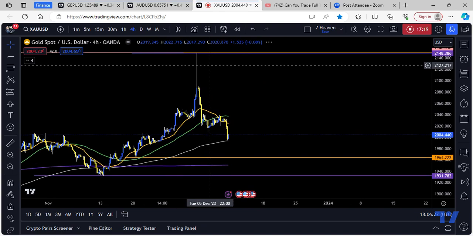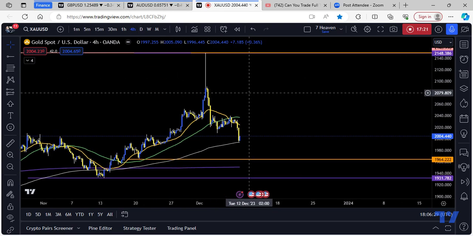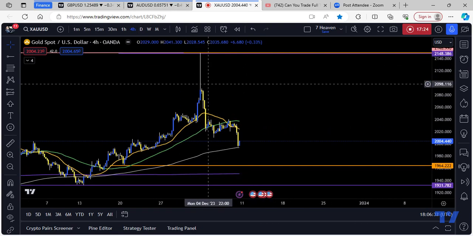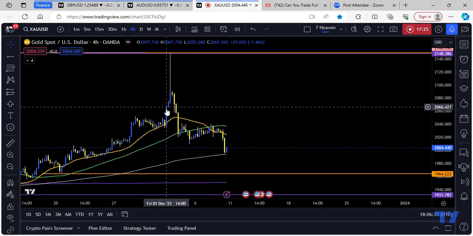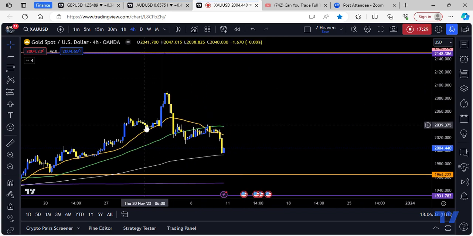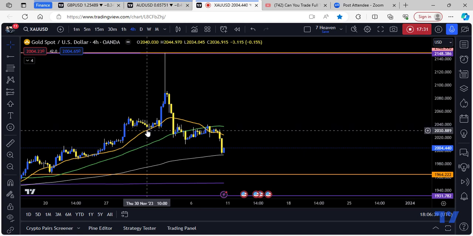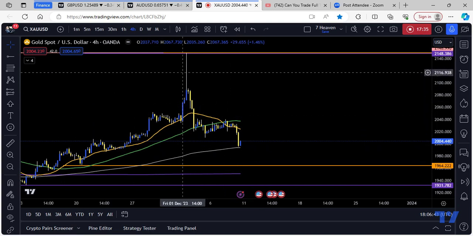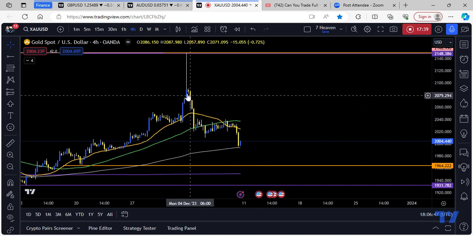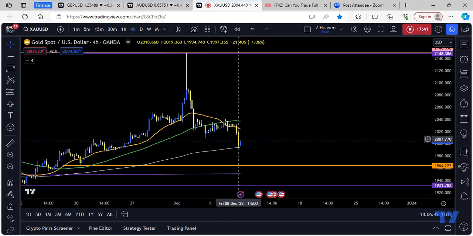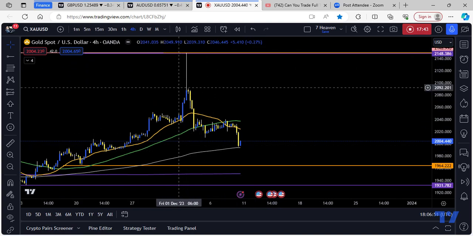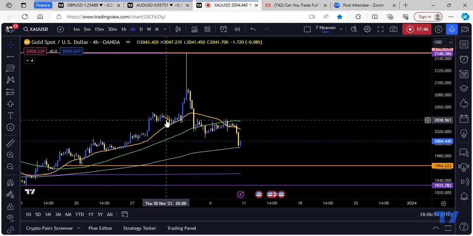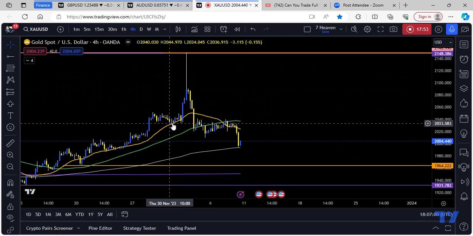So the fourth one, where is the fourth one? The fourth one is the 4 hour chart, right? So on the 4 hour, this is the highest point. The last two candles that were left was right over here, right? And this was the lowest point from this point, not over here, because you gotta remember this stuff didn't happen, right? This is the highest point. The last two candles was right over here from that high, and these last two candles are what we want to be looking at for information.